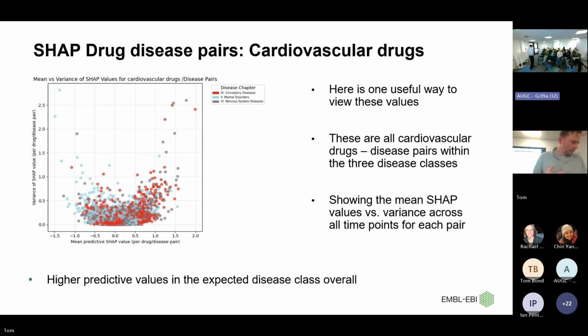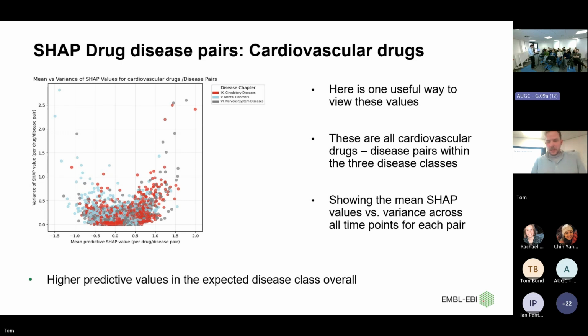Actually, one important point to mention, which is probably quite obvious, is the time point when prescriptions happen. The reason for prescriptions very often follows the disease. So you might have had the disease, go to the doctor, then you're prescribed the drug. So the fact that it's not adding too much in the standard MOS transformer training regime is maybe not so surprising,